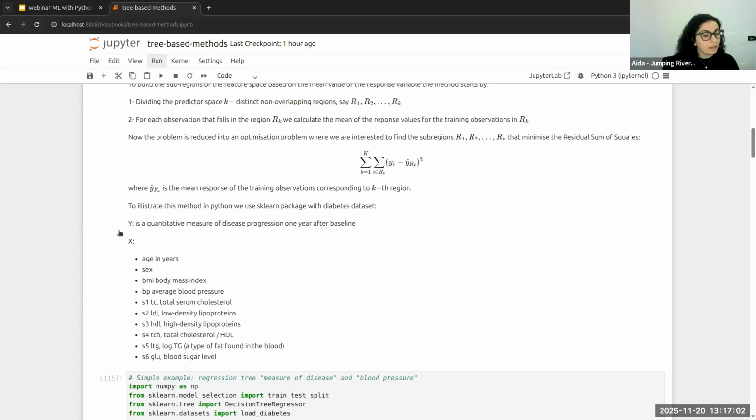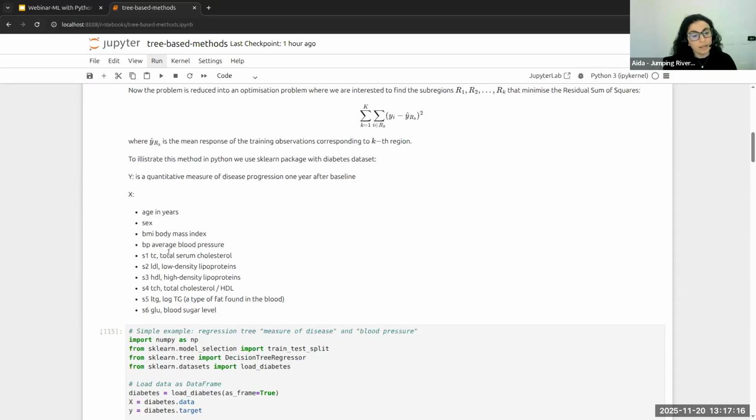And then as independent variables, I've got the age of the patient, sex, BMI, blood pressure, and other metrics from blood. And so I'm interested to see which of these variables affect my response variable.